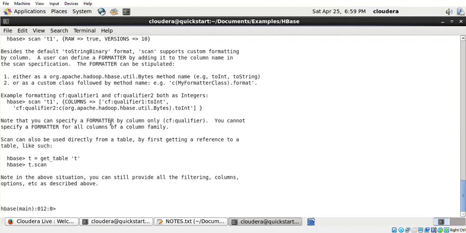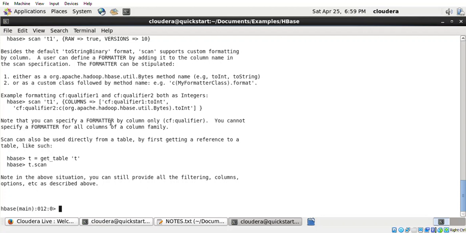So these are the basic commands in HBase. You have to create the table, insert the rows, and you can display the particular rows. If you have to get particular row values, you have to use the get command. If you have to insert a row, you have to use the put command. Similarly, you can give more than one condition for retrieving the rows, and you can delete the particular cell by specifying the particular attribute values. If you have to delete the entire row, you have to use the delete all command.